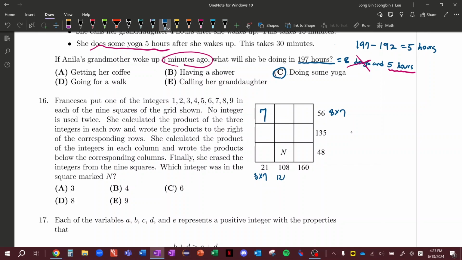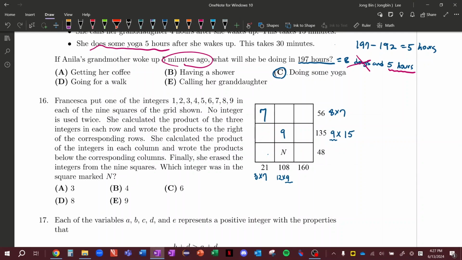108 is 12 times 9, and 135 is 9 times 15. And I believe that it's highly likely that the middle is 9 because we have the same 9. I guess 3 also works, but the 3 has to go in one of here or here because 3 times 7 is 21. So I think 9 is the better option here. Okay, so after that,